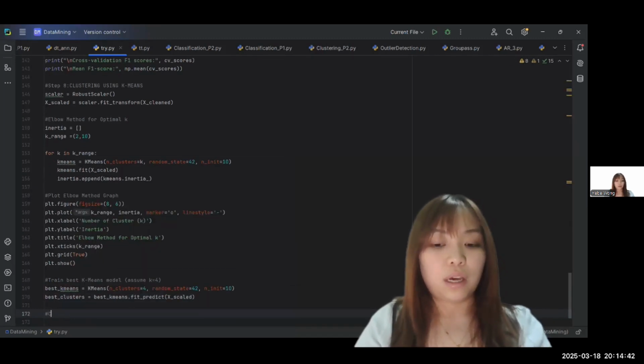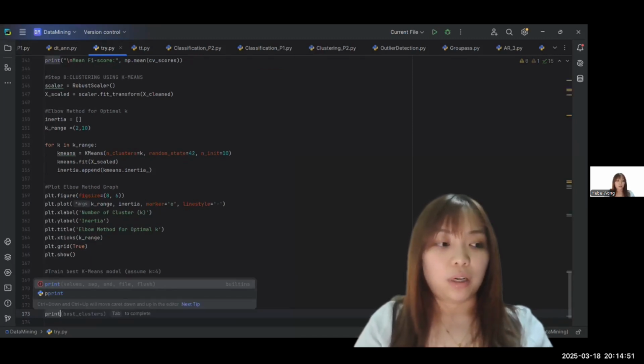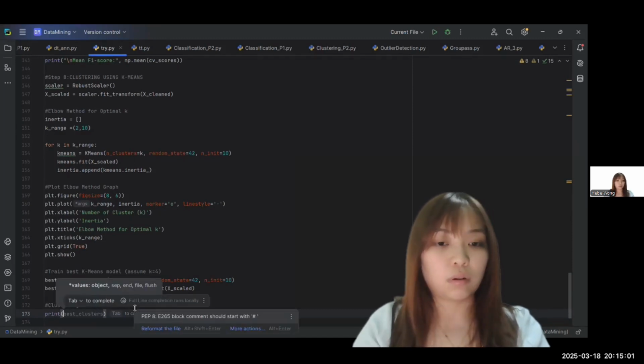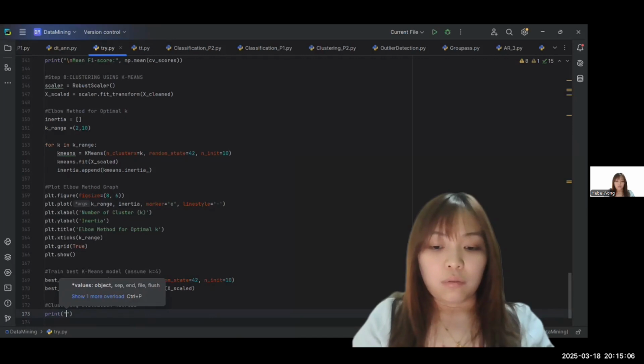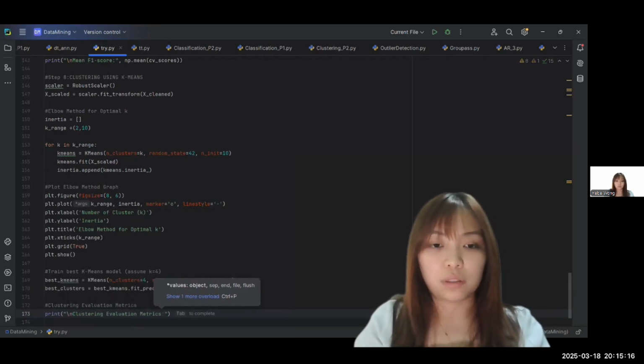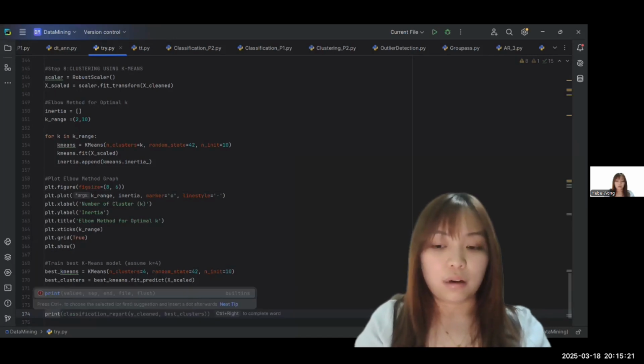So now we have our clustering evaluation metrics. And now we will need to print out all our outcome that we have trained up here for the elbow method and our best K-means model. So yeah, I will just print it out. Clustering evaluation metrics. So this is the title for the first one. And then I will print